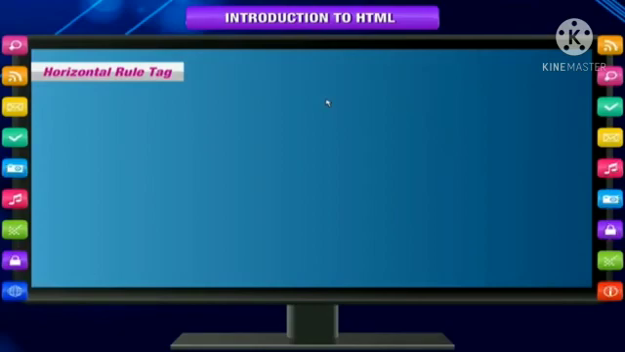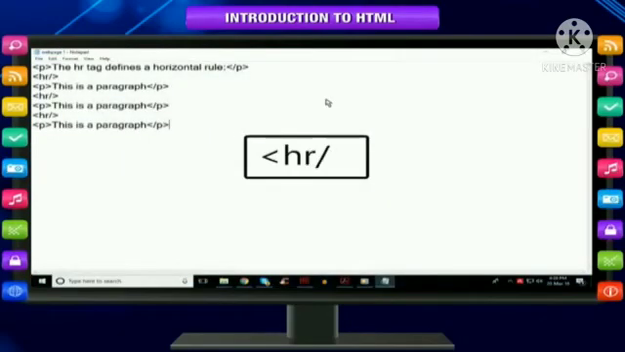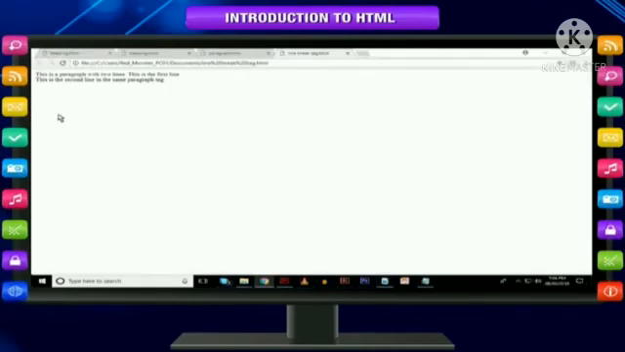Horizontal rule tag. The <hr /> tag creates a horizontal line in an HTML page that can be used to separate content. The <hr /> element is also an empty HTML element. It has no end tag. This will display in the browser as